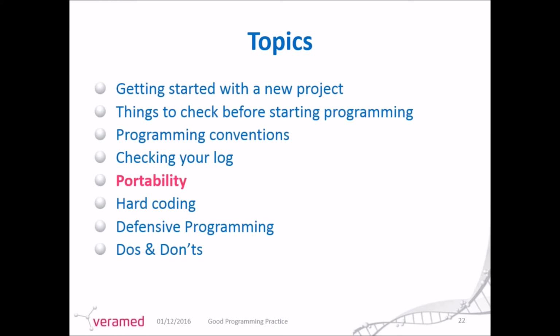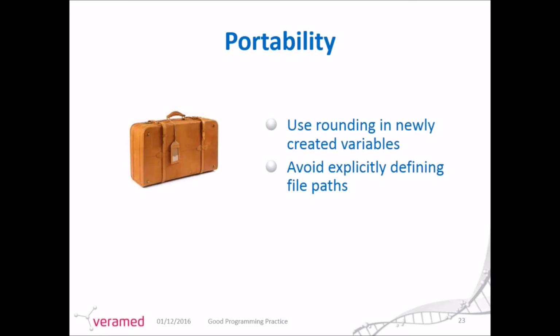And let's take a quick look at portability. Portability is something that a CRO may give more consideration to than a pharma company. However, most organizations now are working across multiple platforms and commonly combining Windows and Unix environments. And there can actually be many occasions where code will work on one platform and not on another. So we should give consideration to portability. And it's more than just working across multi-platform environments. It's also about making programs easy to be used across projects.